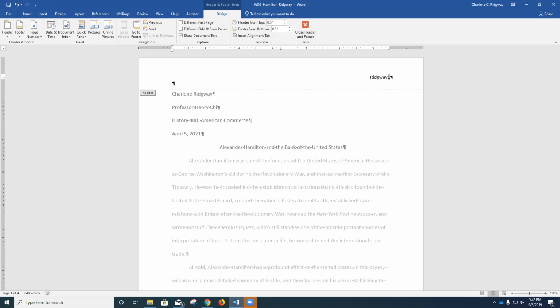And then press your space bar to add a space. If you see a wavy red line below your last name, you can right-click your name, and then you can add it to the dictionary, or you can click Ignore All on the shortcut menu. All right, now, while we're in the header, we're going to select the last name